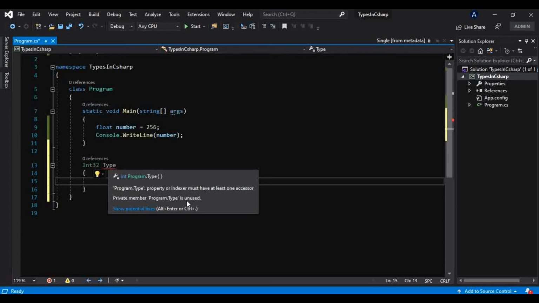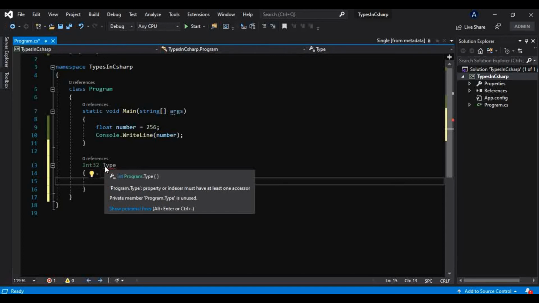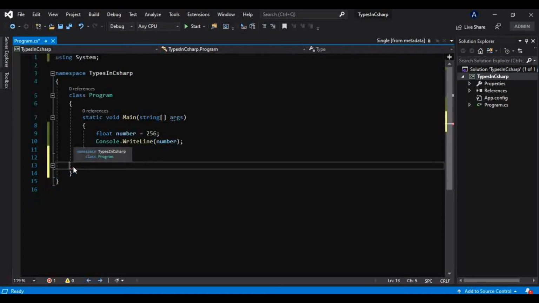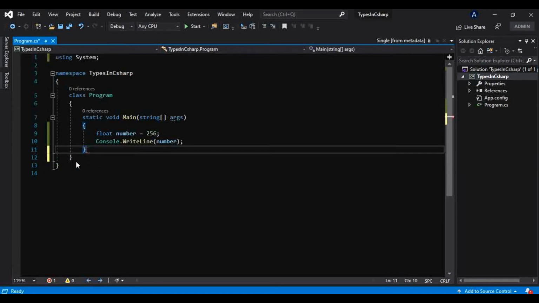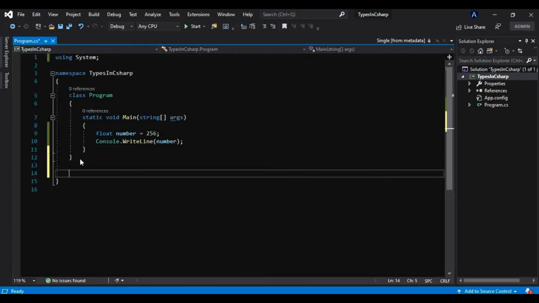Private member Program.type is unused. So these are all built-in types and you cannot define them. That's also why, if you go outside this class, you will not even have IntelliSense for that int. If I type int, we cannot even find the IntelliSense for that,